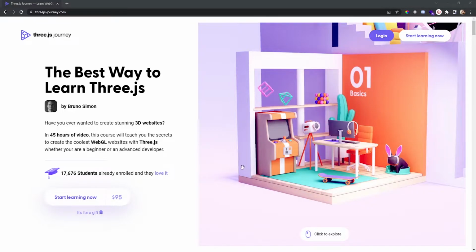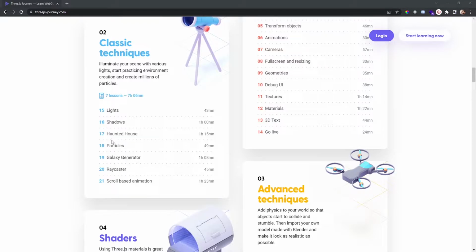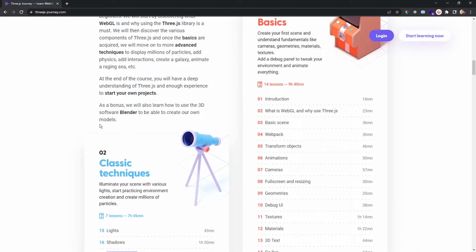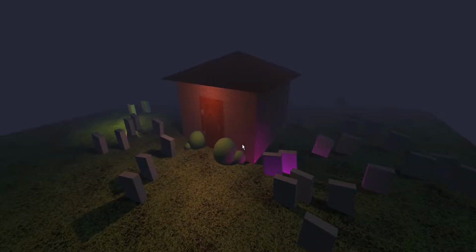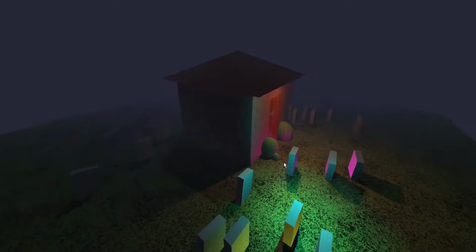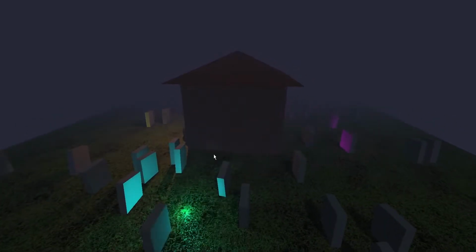And yeah, so let's have a look into the haunted house project, which is actually taken from the second section of this particular course. In this mini series I will walk you through converting this particular project to React Three Fiber. Coming from a React background, I thought it would be great to learn React Three